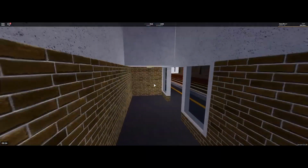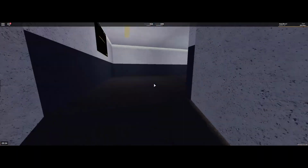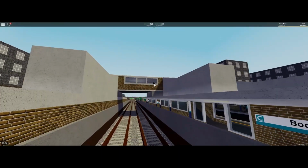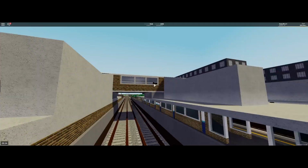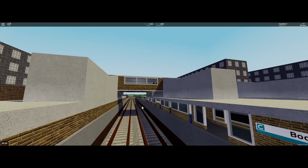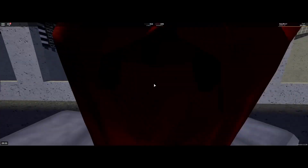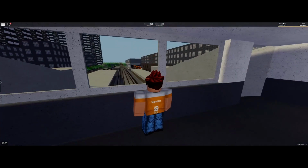Right, so as you can see, we can't really get it from the platform, but here there are two platforms that don't stop at all, and there's a platform here that doesn't seem to be in use and is all boarded up. So that could possibly be used for Express too. So, moving on to